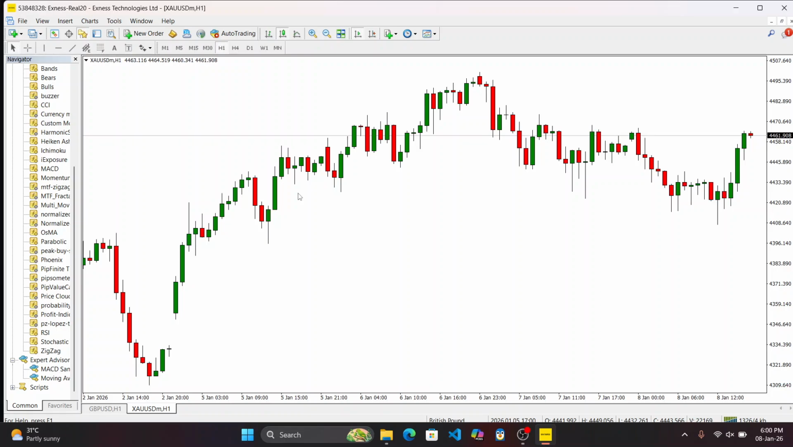Hi traders, in this video we're looking at the probability meter indicator for MT4. This indicator calculates a single probability percentage from multiple standard indicators and timeframes to describe how likely a trend direction is. In this video you will learn what it measures, how it is displayed, and what its main strengths and